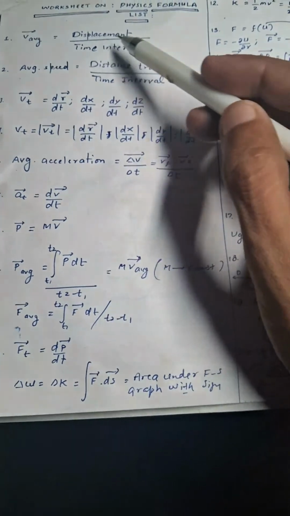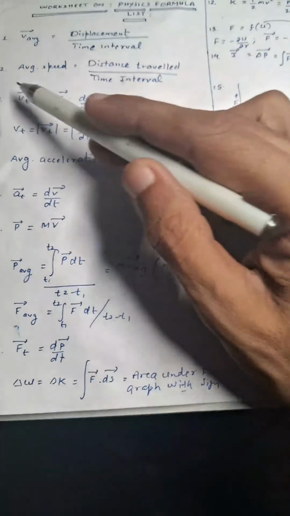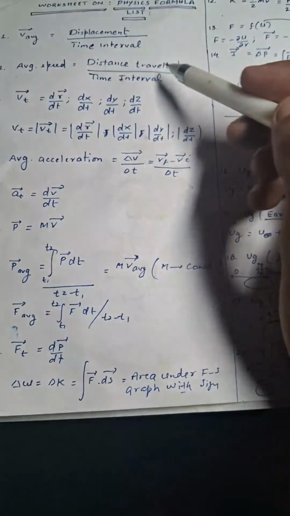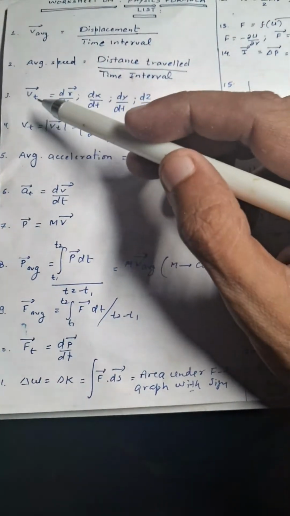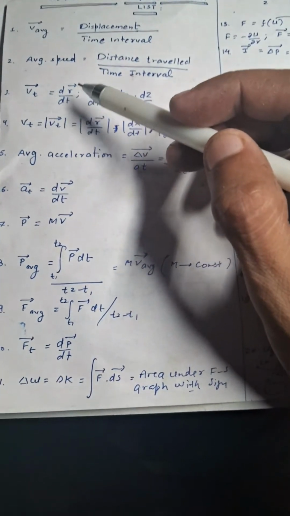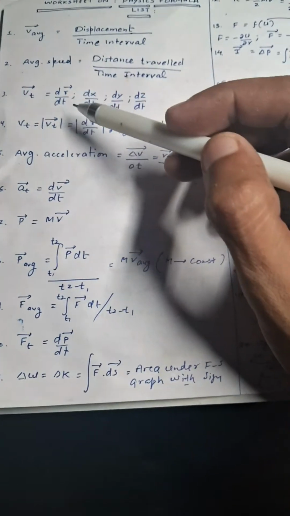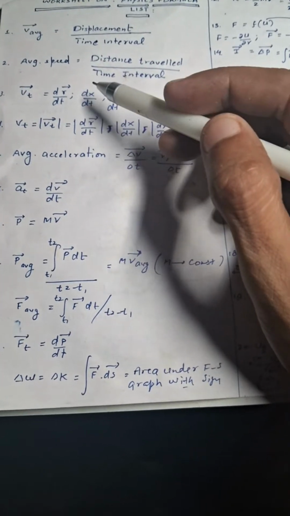velocity, so this is displacement upon time interval. Next is average speed, it is distance traveled by time interval. Next is instantaneous velocity, this can be seen as dr by dt, where r is the position vector, or if we have coordinates